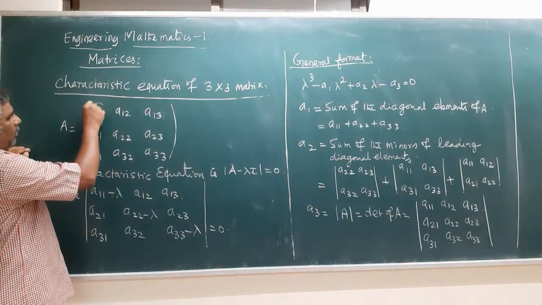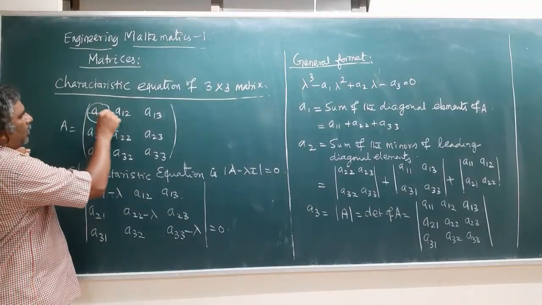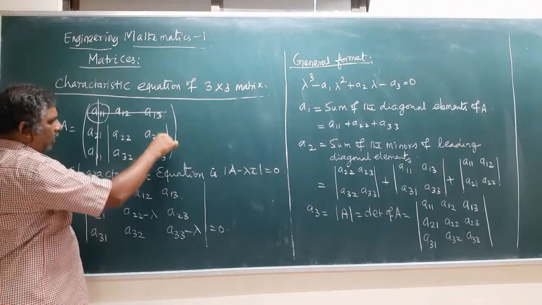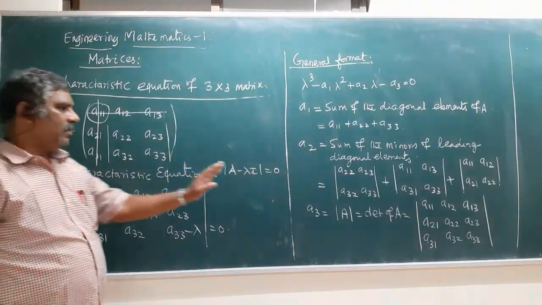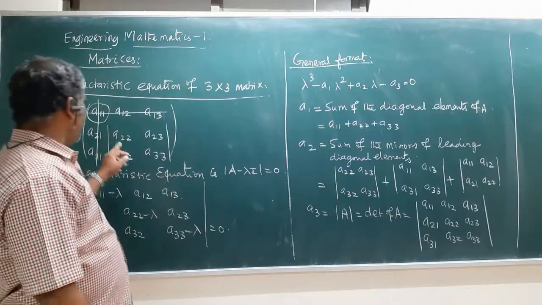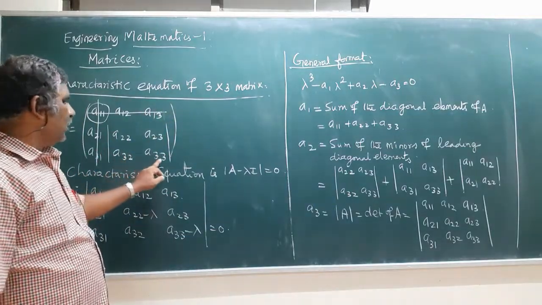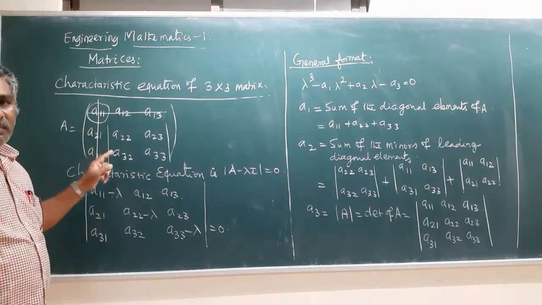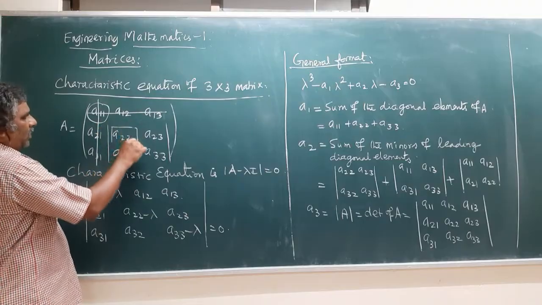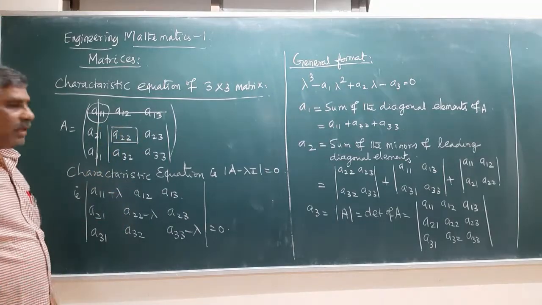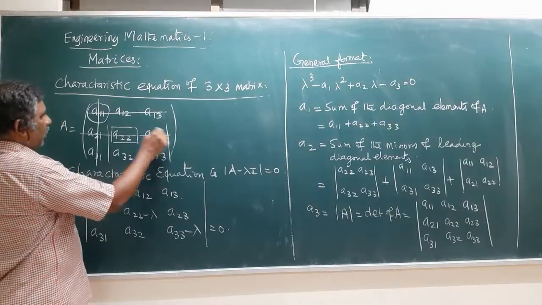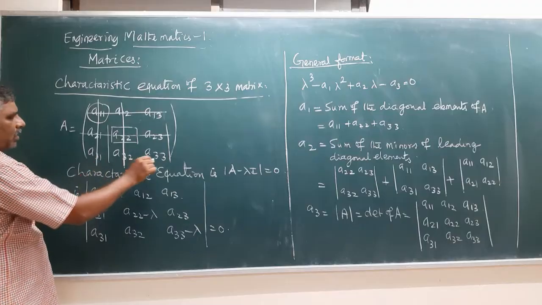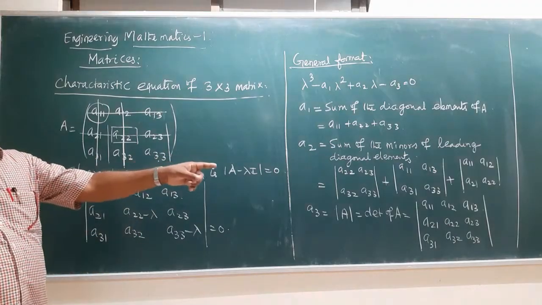That is, for the diagonal element A11, you leave this row and this column. Then the determinant value of this is the first minor, that means the determinant of A22, A23, A32, A33. Similarly, for the second one, the diagonal element is A22. In the A2 row, you leave the row and this column. The remaining values are A11, A13, A31, A33. So that is the second one.